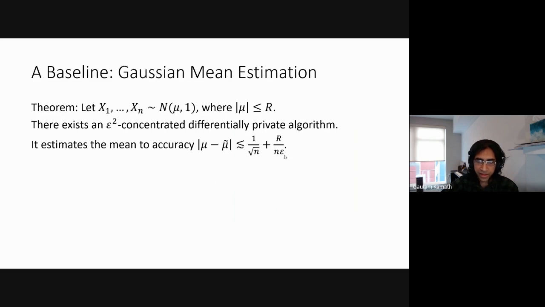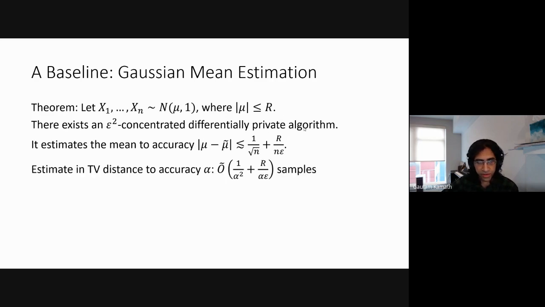So let's take a look at these two terms. You can see that the second term is smaller when n is rather large, because it decays faster than the first term. However, it increases linearly depending on how big R is. In other words, if the analyst has a lot of uncertainty, then you'll pay a very high cost due to privacy. This is how you should think about it. It's a lower order term, but if R can be large, if the analyst is uncertain, then you might have to pay a lot.